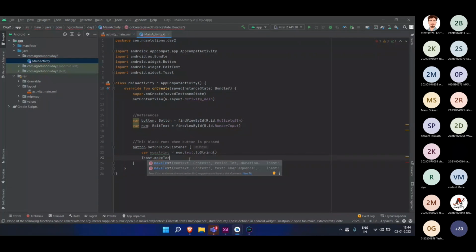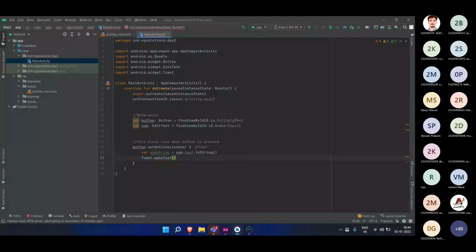So I am going to write this completely, makeText, and you need to provide a context. So what is the context? Let's say I am on screen number 1. I need to tell that the toast which is going to be generated should be shown on screen 1. So our app should know where we are right now. For that we need to provide the context, and for this again there is a built-in variable.